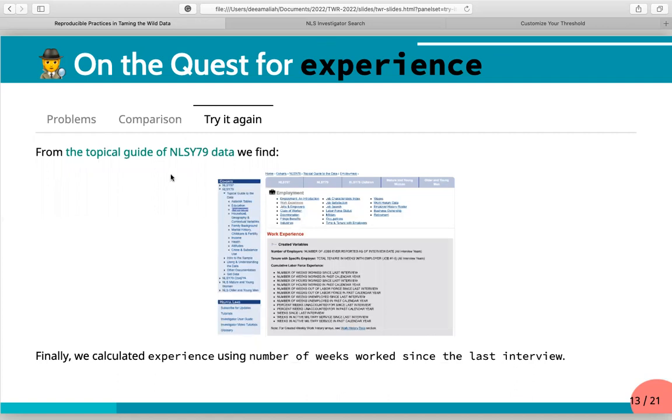From the topical guide of the NLSY79 data, we find that there is a topical guide of work experience, and this is a list of variables that are related to work experience. So we take one of the variables here, which is the number of weeks worked since the last interview, and then we finally use this variable to calculate the experience. It is not exactly a match, but the pattern is the same. So we finally just use it. And lesson learned, it's really important